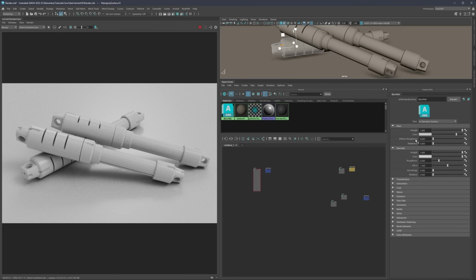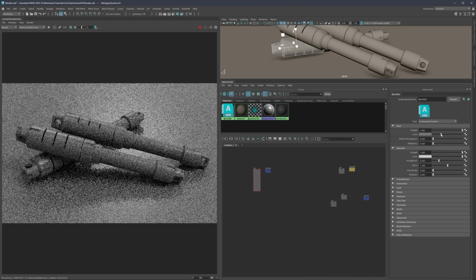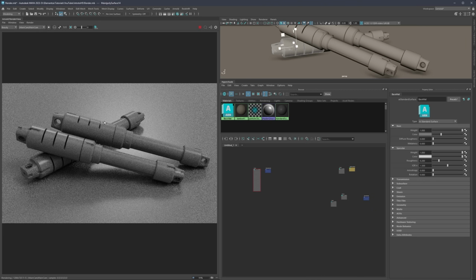I'm going to cover very, very basic stuff. So we're going to play with the base color and then specular roughness, and basically that is all that we're going to touch here. Now in terms of color, we can, let's say, tone the color a bit down just to find that mid value. And also you're going to have here a lot of presets. If you wish, you can just directly assign a preset, but I want to show you just a couple of